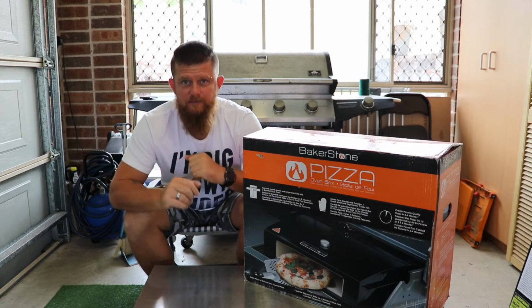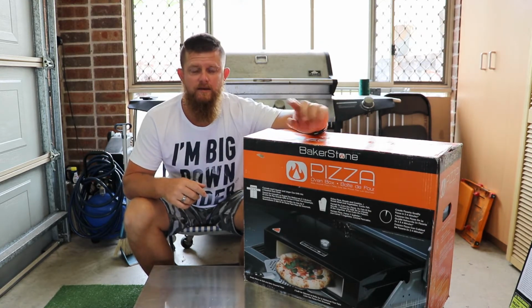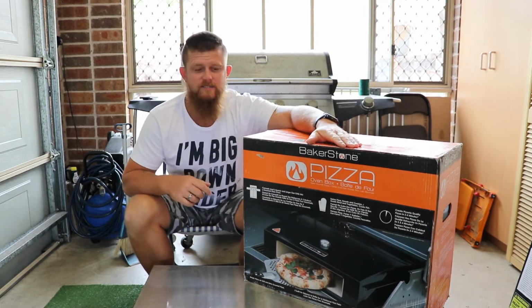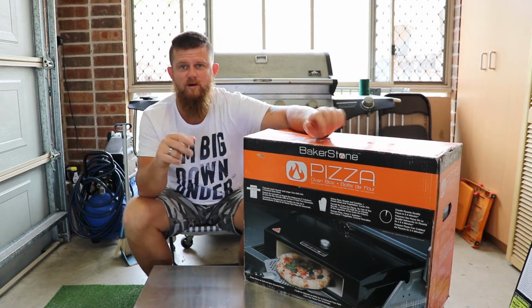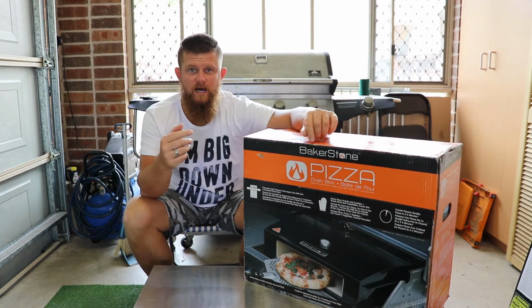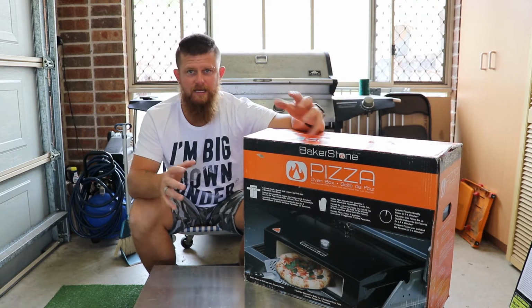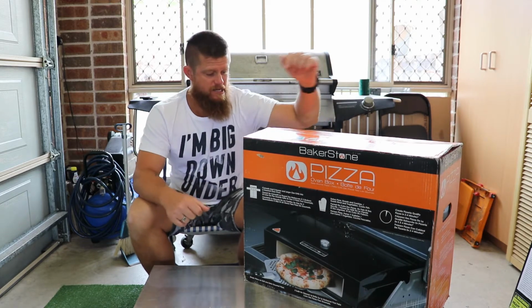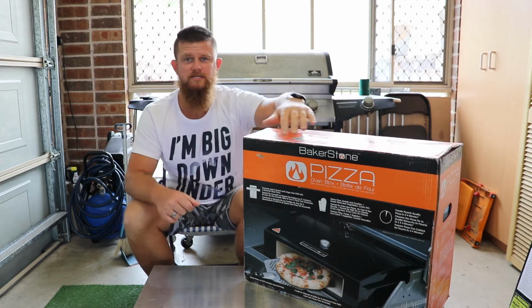G'day folks, back in September I had my 40th birthday and Mum and Dad bought me this little sucker here. It's a Bakerstone Pizza Oven box. It's one of them pizza cookers you can put on the barbie, and it creates like a convection oven on the barbie. 2 to 4 minutes it says you can cook your pizzas,